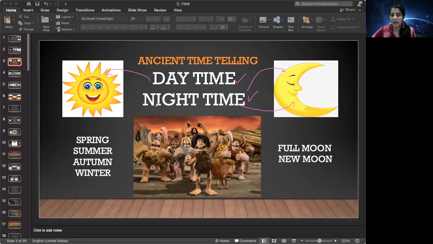So that was how time was determined many years ago, before we invented the calendars and the watch. However, there's also this thing called seasons. Seasons is perhaps a couple of months where the weather stays the same. So human beings started to realize that there was a time when there were lots of flowers blooming around. They came to see that plants started to grow very well during this time, and they named it